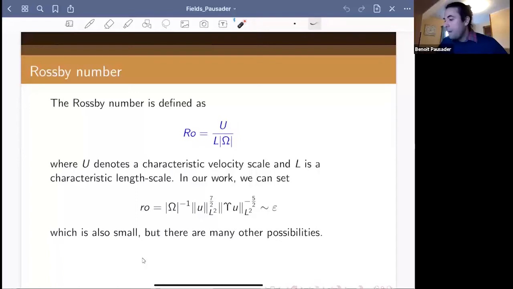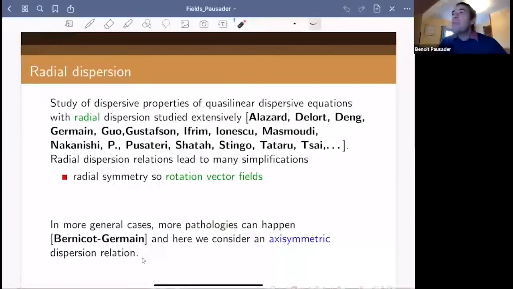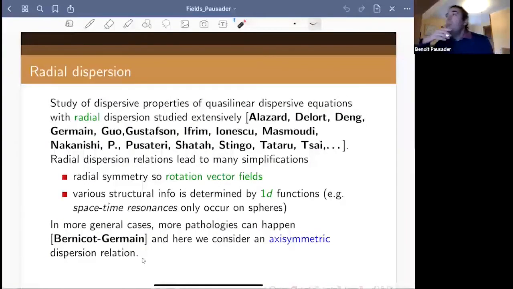Okay, but at least for us, this is 1, and then U is 1, and if you tally up this homogeneity, this is going to give you 1 epsilon. But I'm not sure that this is really the best way to think about it. Okay, so now maybe more about the